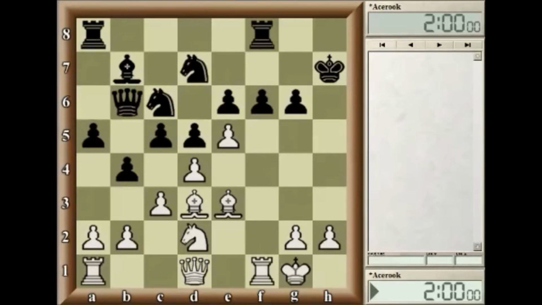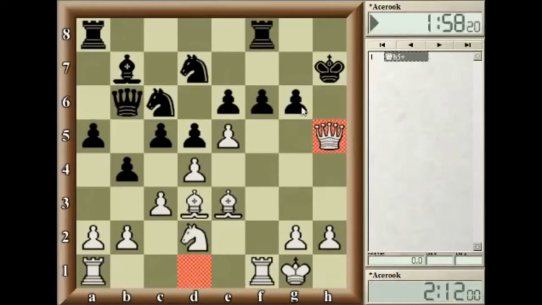Alright, go ahead and pause the video if you haven't found the answer already. I'm going to reveal the answer right now. So, the correct answer is queen to h5 check. And so this pawn can't take this queen because this bishop is pinning this pawn to the king. So after the king moves back to either g7 or g8,